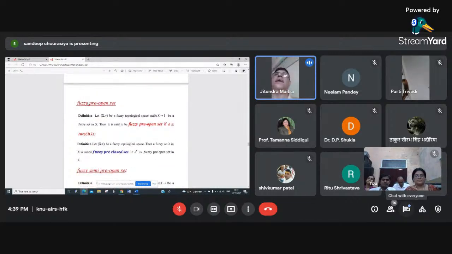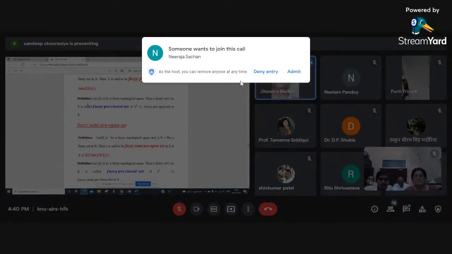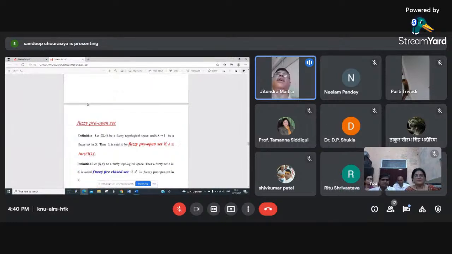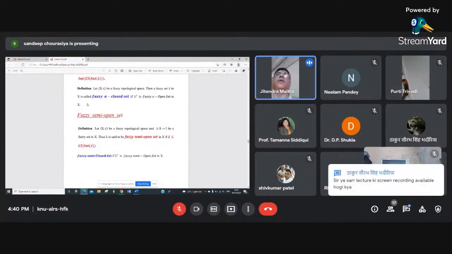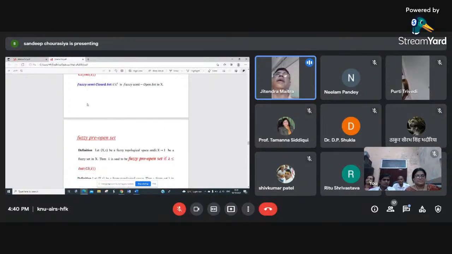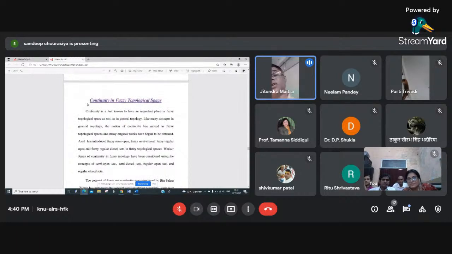Now, by replacing these open sets by generalized open sets, suppose I take any fuzzy open set in Y. For defining continuity I take its inverse image to be open in X. But suppose I take the condition that the inverse image is semi-open. Then this map is called semi-continuous. That is a generalization of a continuous map, because every open set is semi-open, but a semi-open set may not be open. In this way, we can generalize the concept of continuity by using semi-open sets, pre-open sets, alpha open sets, beta open sets.